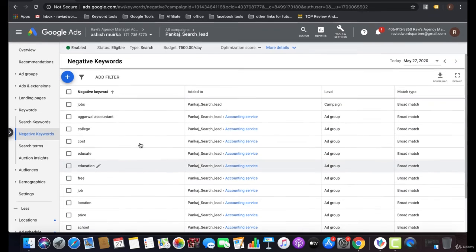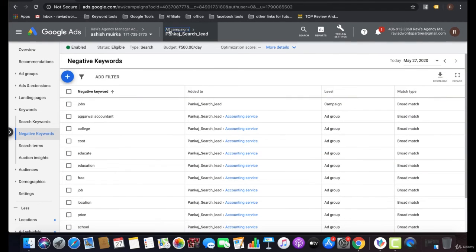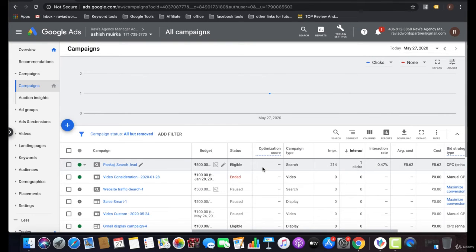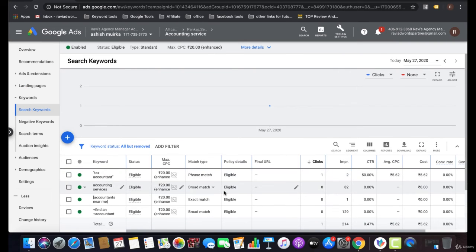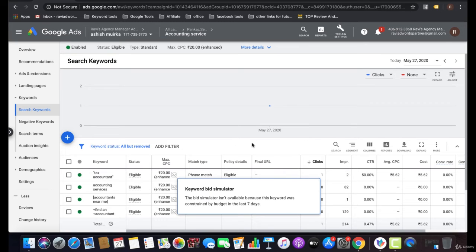It is getting a 0.47 CTR. It means these are the ads being displayed, and these are the keywords for that particular ad.